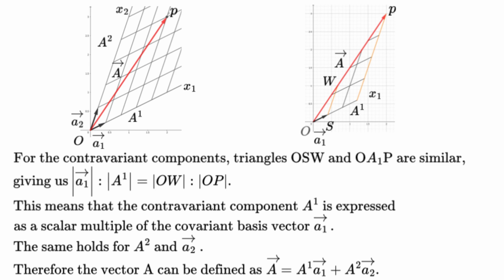For the contravariant components, triangles OSW and OA1P are similar, giving us the following. This means that the contravariant component A^1 is expressed as a scalar multiple of the covariant basis vector e_1. The same holds for A^2 and e_2. Therefore the vector A can be defined as